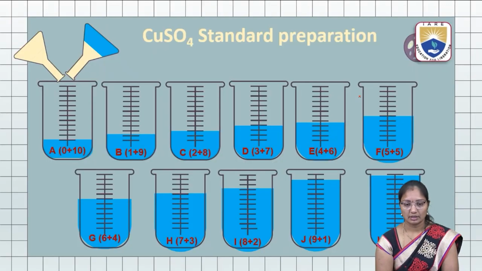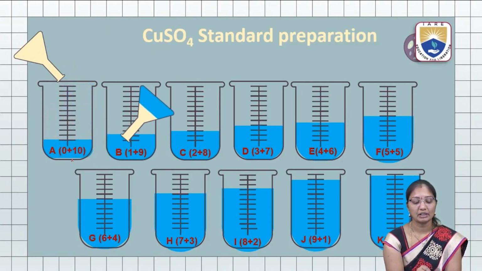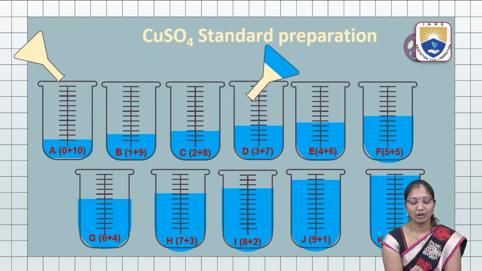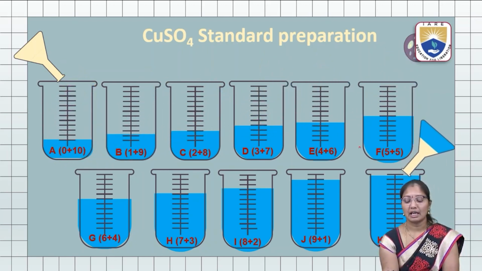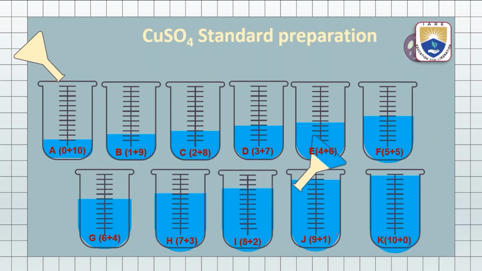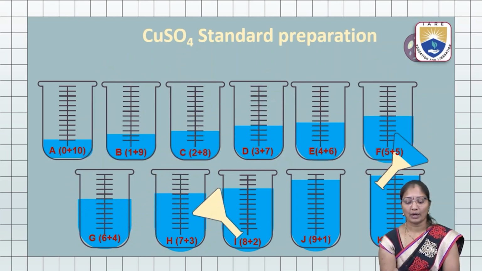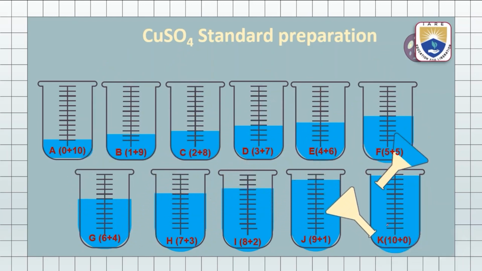So, this is a pictorial representation where 0, here we are not adding copper sulfate. So, 0 ml of copper sulfate followed by 1, 2, 3, 4 and 5 ml and 6 ml here and 7 ml, 8 ml and 9 ml and 10 ml. Now, once copper sulfate solution is added, then we start making up with distilled water. This is distilled water. Now, we have to make up to 10 ml. Again, we have to add 10, 9, 8, 7, 6, 5, 4, 3, 2, 1, 0. Here only copper sulfate solution.